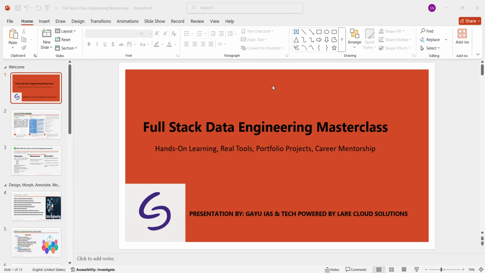Most importantly, everything is taught with sector based projects. One day you'll work on a banking data use case, next day you'll simulate a healthcare analytics pipeline. Over time, you'll build a 5+ project GitHub portfolio that demonstrates your skills just like a real engineer on the job. Whether you are aiming to become a professional in the corporate world, want to freelance, or build your own tech product, this course is your launchpad.